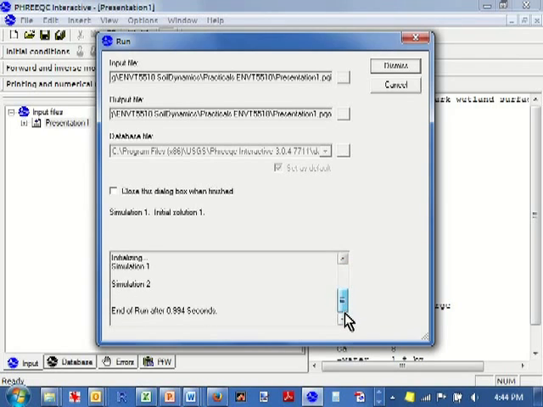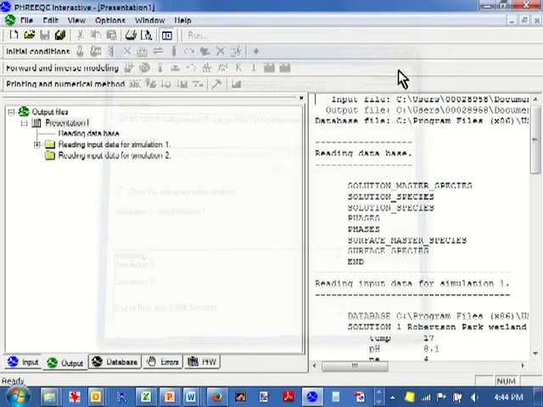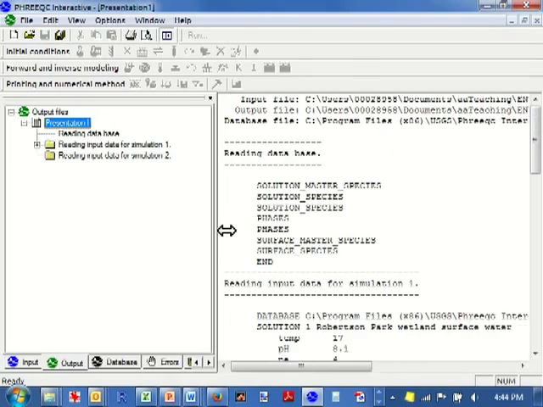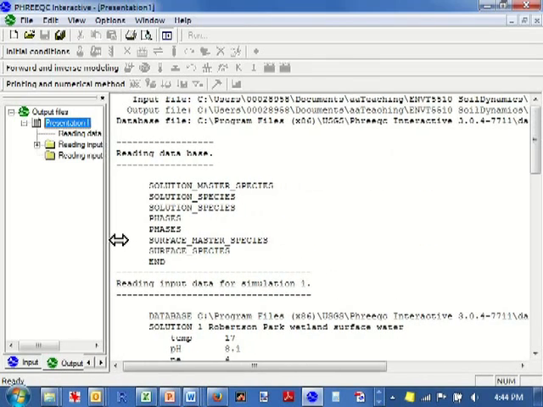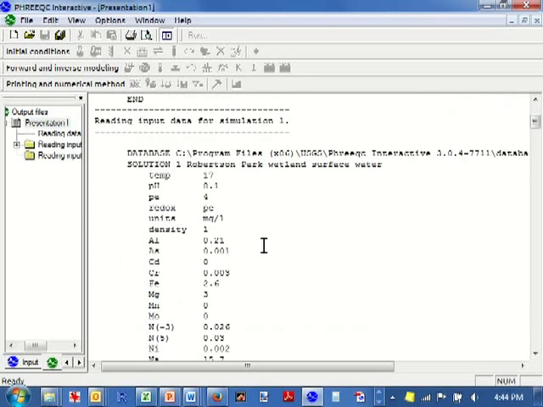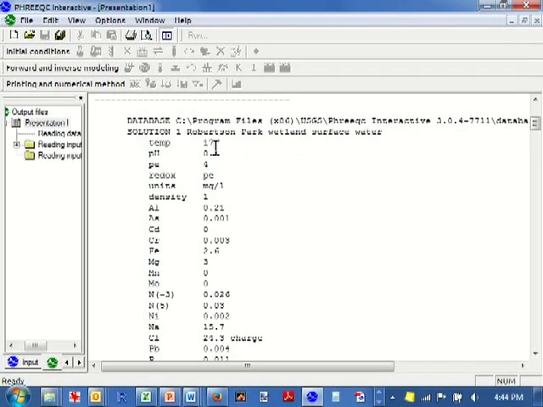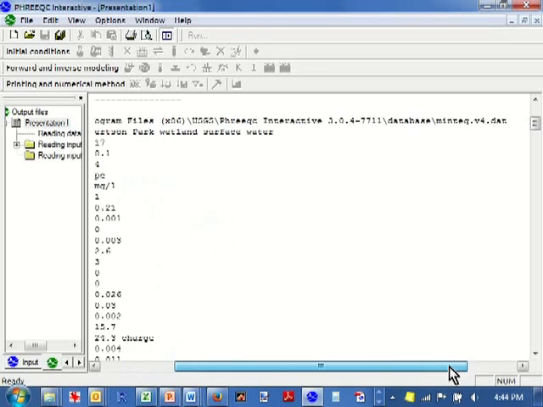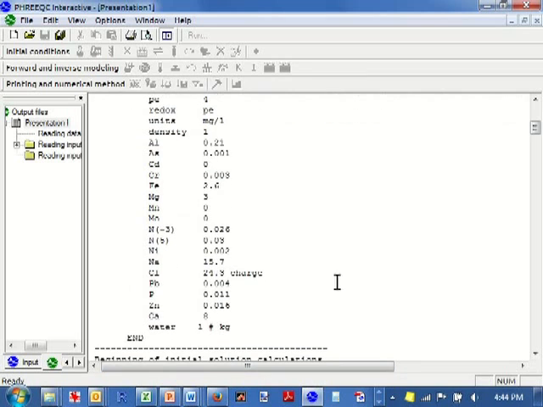It will tell us where our data come from, tell us how long it says to run and so forth, so we dismiss that. And now PhreeqCi will switch automatically to the output tab. Now there's a lot of information in here, so I'm just going to make it a little bit more visible and go through the type of information that we see. So it's reading in our file, which has a name. We gave it a description, just to verify that we are using the database, and we can check what we've